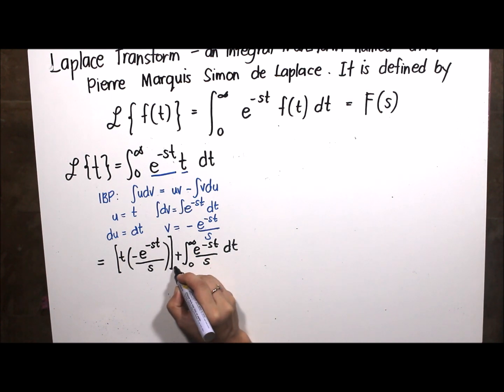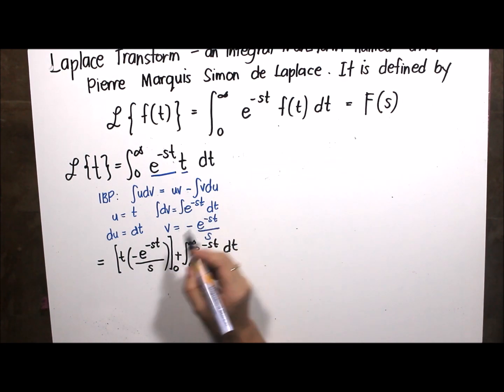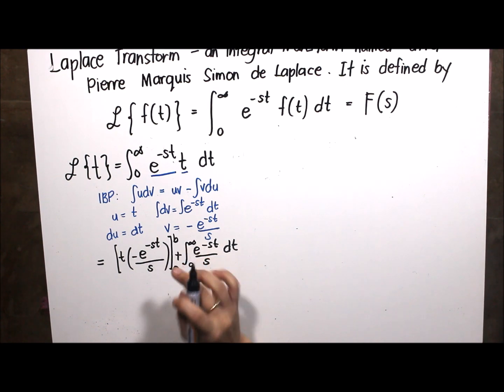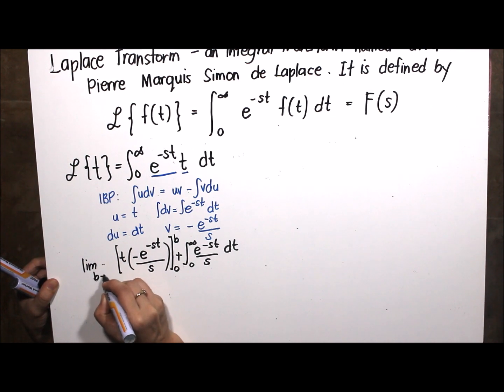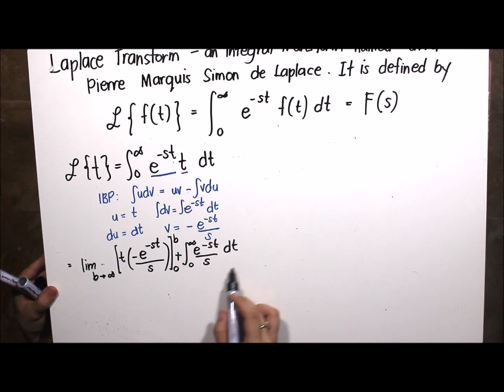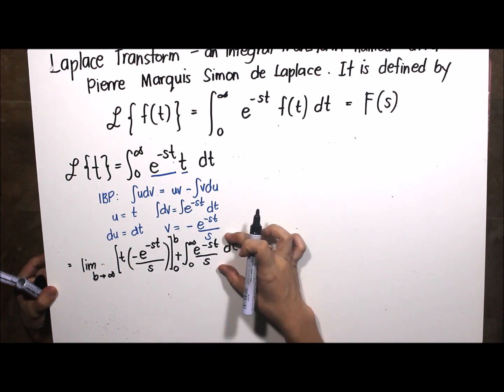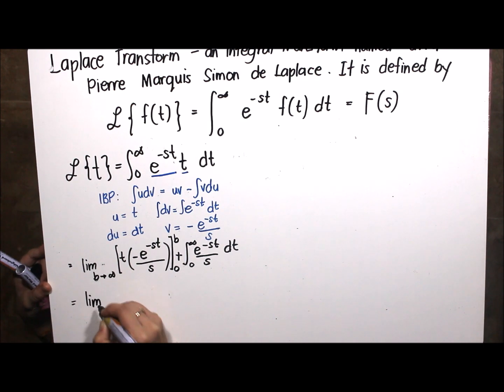It should be applied with the limit of 0 to infinity, which, kanina, ginawa natin dun sa Laplace transform of c. Nilet natin yun as b. And then, ang ginawa natin dito is, we took the limit as b approaches to infinity. Okay. So, mag-apply tayo ng formula dito. Same lang nito, actually. So this will be written as the limit as b approaches to infinity of the term